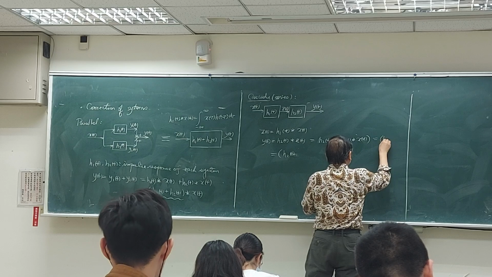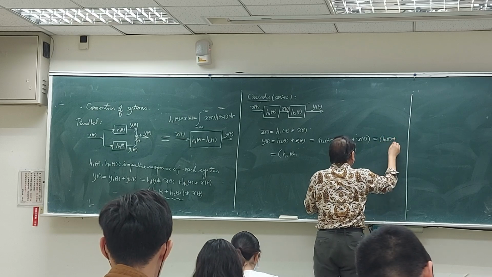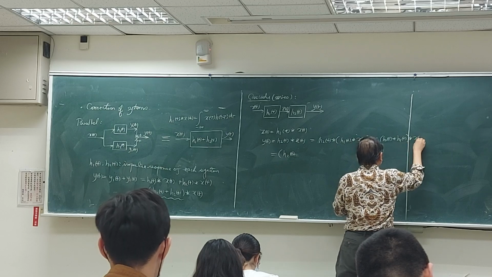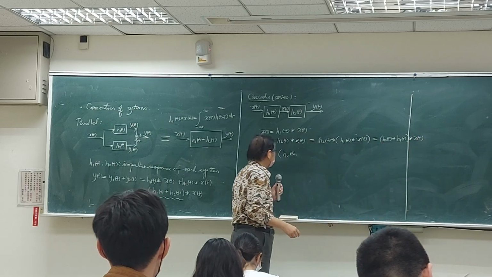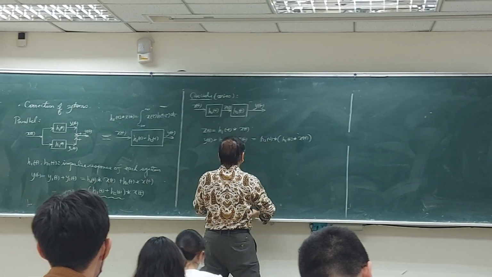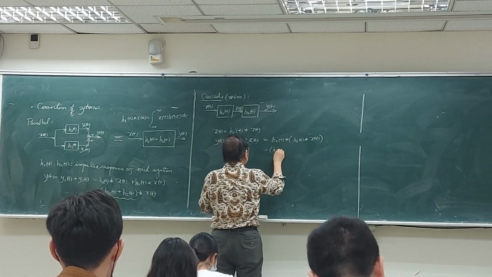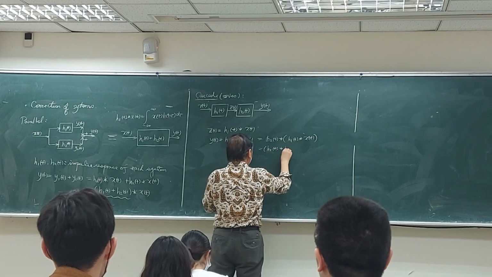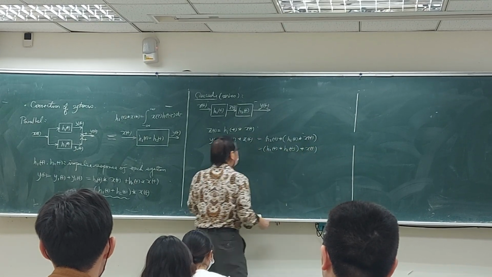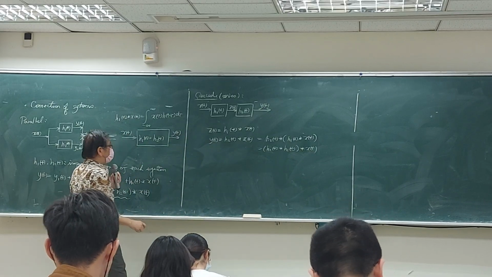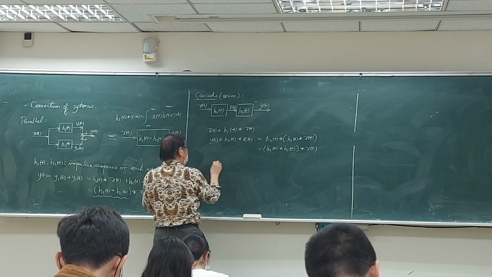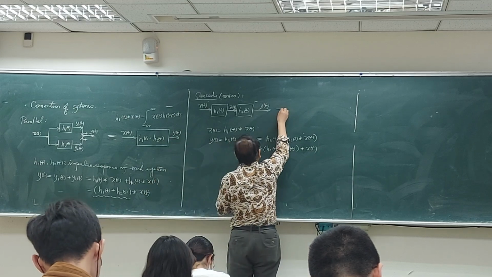So this is equal to H2 convolved with the convolution of H1 and x of t. So this is equal to H2 convolved with H1 and then convolved with x of t. Okay? So this is equivalent to